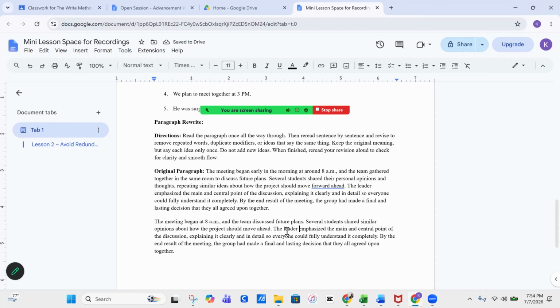That's it. The leader emphasized the main and central point. Well, main and central pretty much synonymous here, right? The leader emphasized the main point of the discussion. Well, obviously, main point is of the discussion. You already know they're having a discussion because it's up here. So I don't need to be told that again. That's kind of understood. The main point,